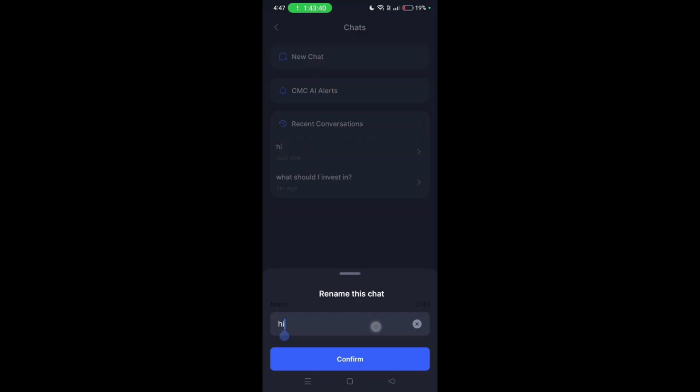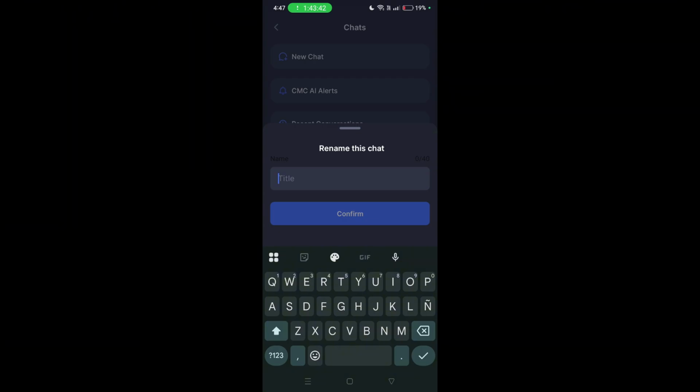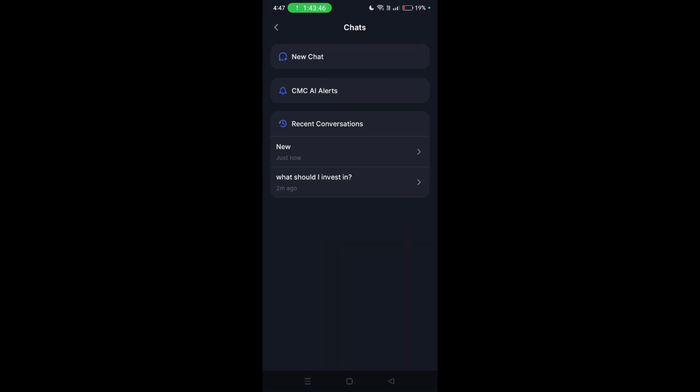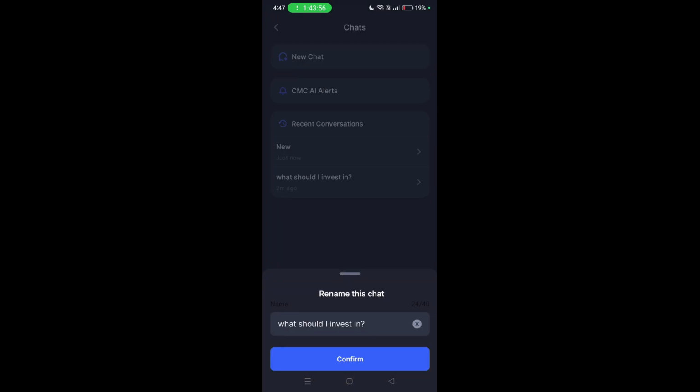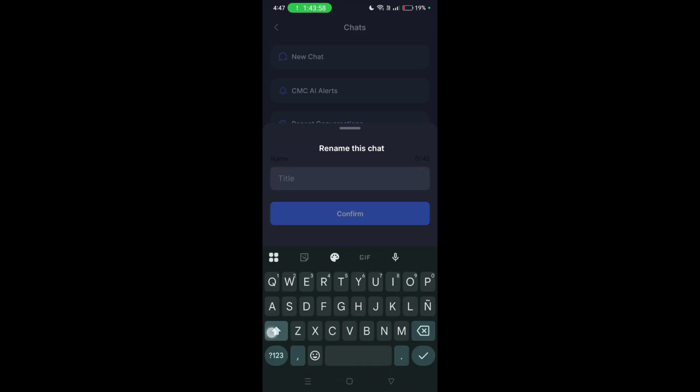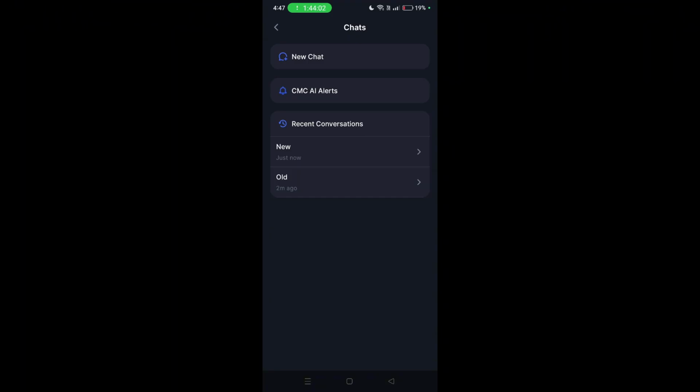You can edit the name for it. Let's just say you want it to be called new, and this one, let's say you want to call old. Sorry, it's a little bit bugging. Let's see, there you go. Let's say you want to go to old. But you guys, a quick reminder, you don't have to do this when you're going to delete. I just showed you that you can just change your name right there.